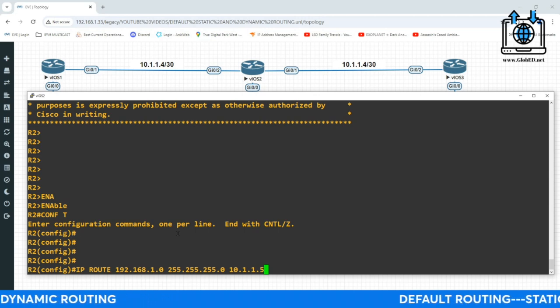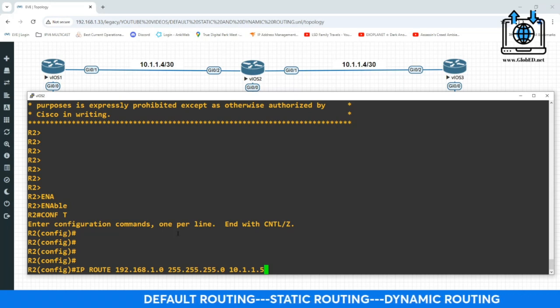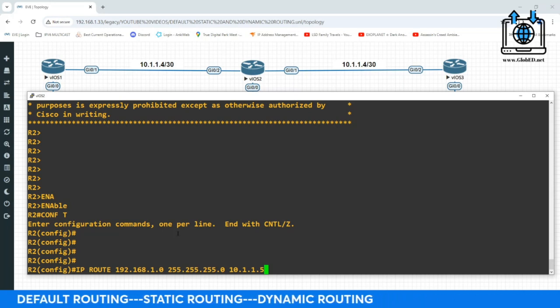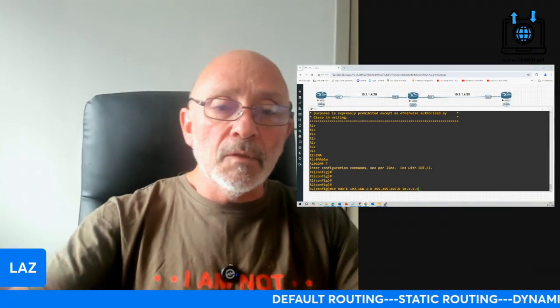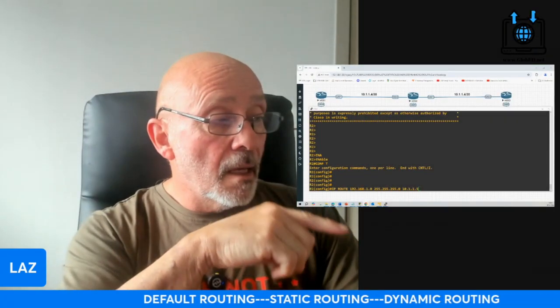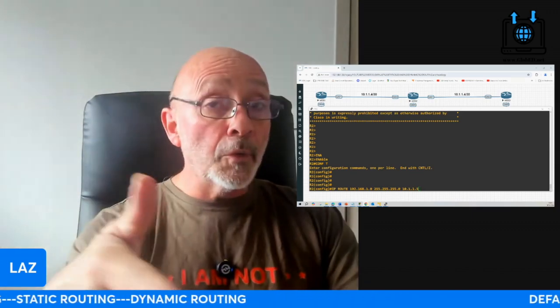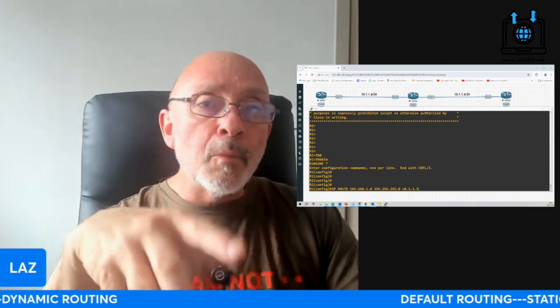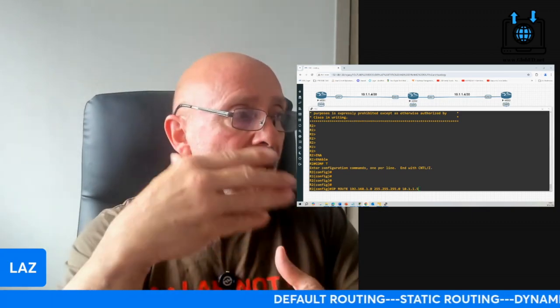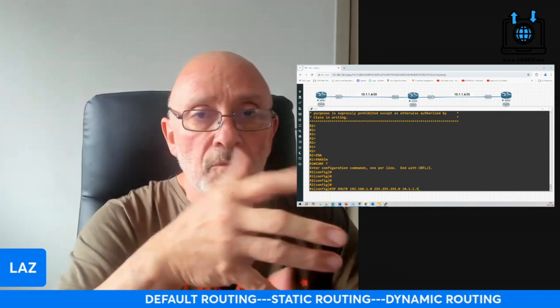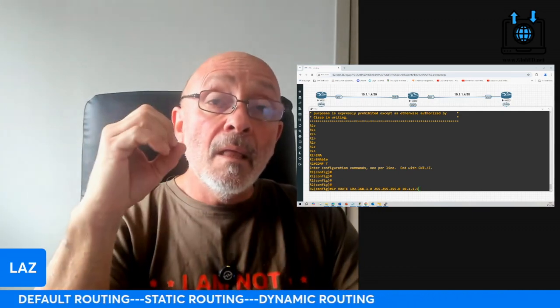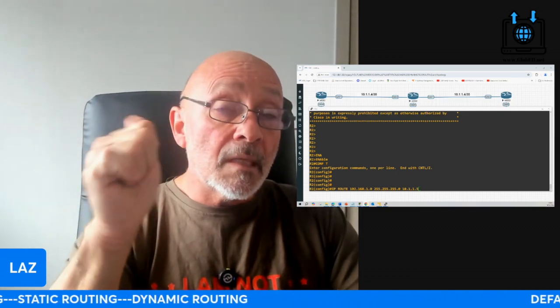Now, we're not done. If I just wanted to do a normal static route, that would be fine. You can hit enter at this point. But what happens? The administrative distance is going to be 1. So when I want to do the dynamic routing, which we're going to do with RIP, RIP will never go into the routing table. It will never make it there because the lower the administrative distance is king.